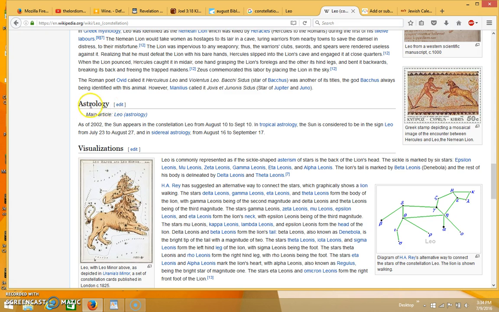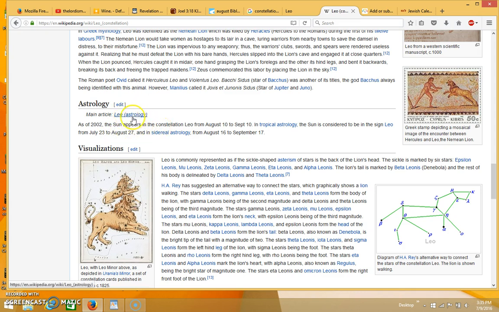And it says here astrology, which I know it's not good to follow astrology, and that's not what I'm trying to do here. I'm just trying to show you the dates that the sun appears in the constellation Leo, which is just an astronomical fact. It's okay to follow astronomy and to look at the signs that God has placed in the heavens to signal his coming and to signal moeds, as we're told to do in Genesis. It's okay to follow the stars for that purpose.